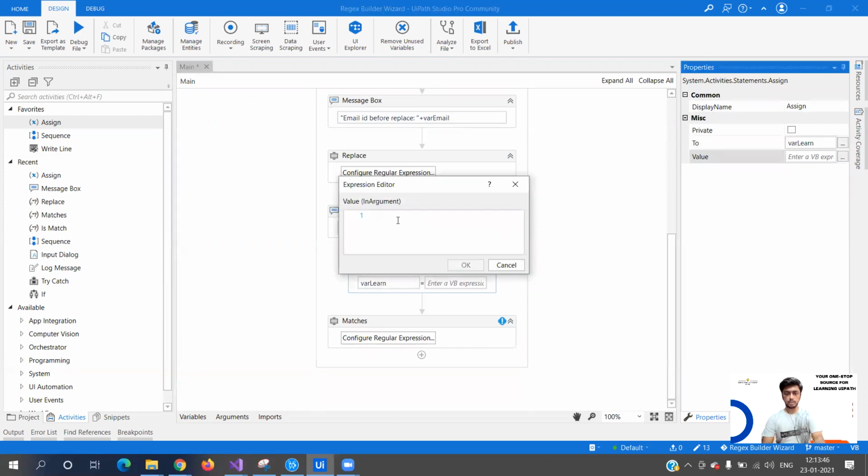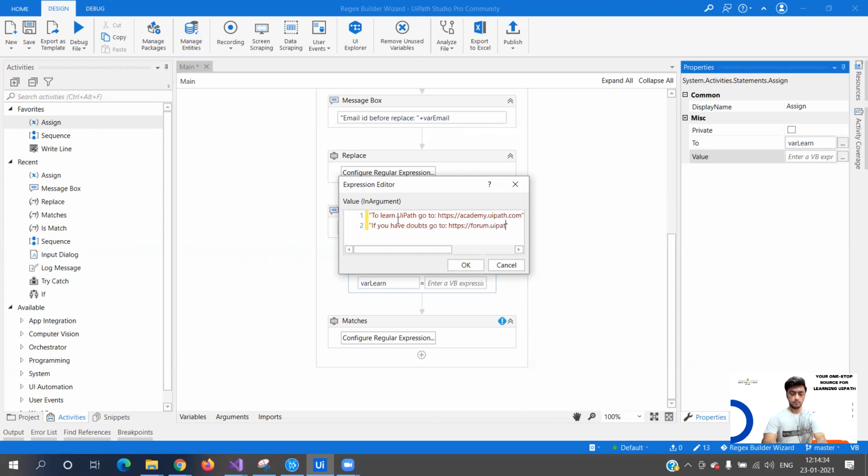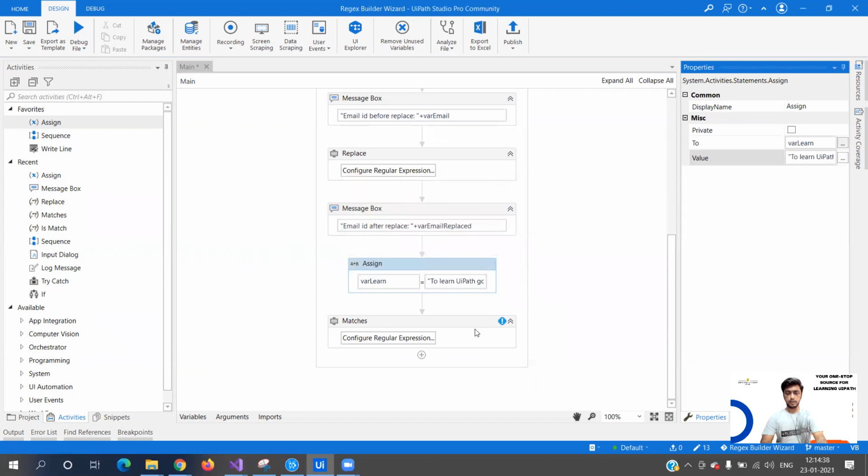The string is going to be: to learn UiPath, go to https://academy.uipath.com, plus Environment.NewLine, then again plus, and if you have doubts, go to https://forum.uipath.com. So this is going to be our input string.